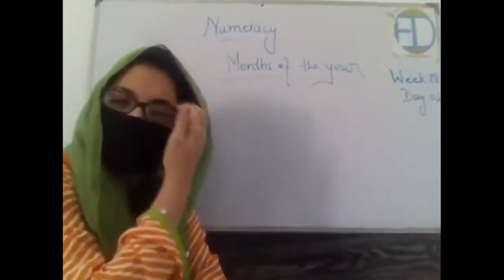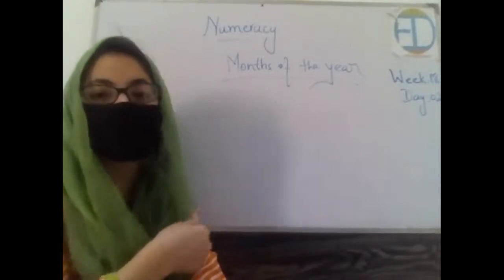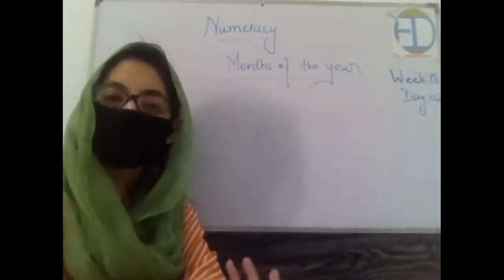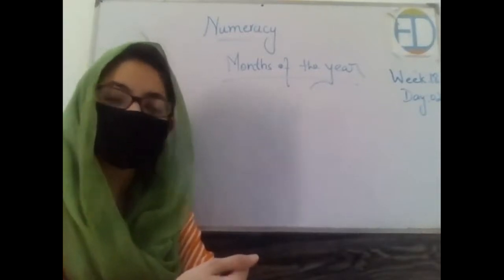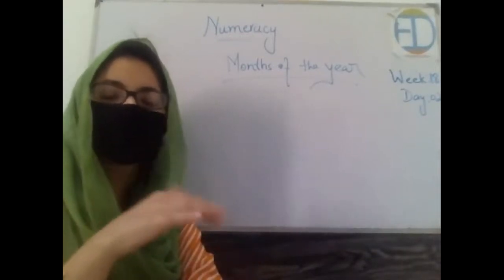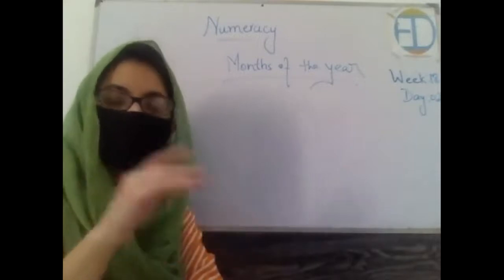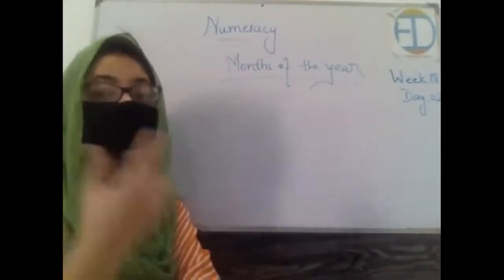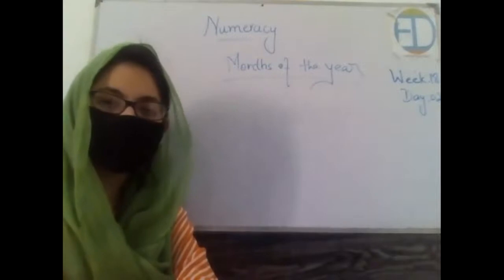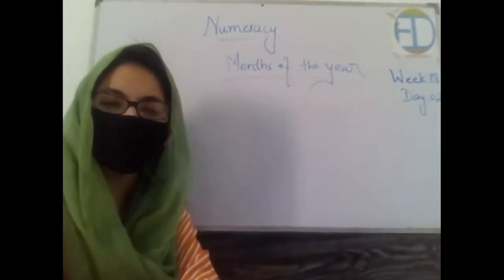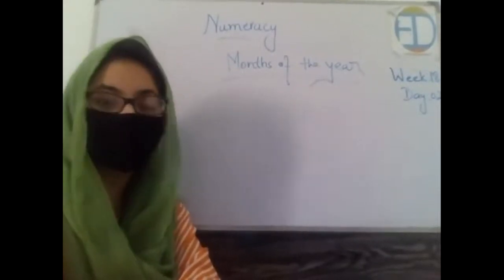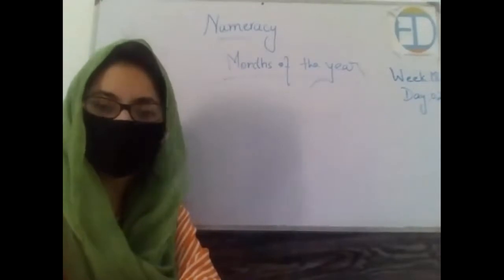Okay. So in today's class as well, we will be doing some interesting activities related to the names of months in a year, and we will revise it. We will practice it together, and we will also learn what's the order. Okay, what comes after and what comes before as well. Right. So all of you are ready. Very good. So I'm going to share the screen with you. There is this interesting activity that we will be doing together, and then we will move toward the exercise on the book. Okay?